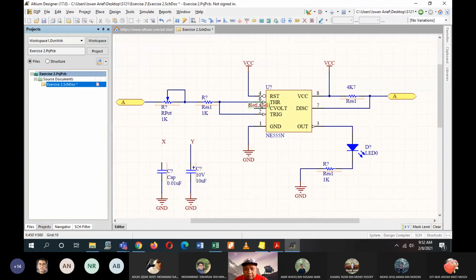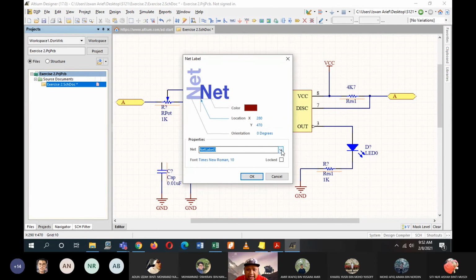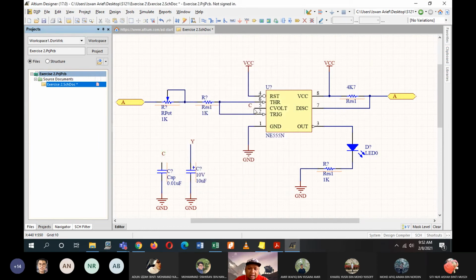Oh, there is another net here. So this C connection will be connected here. So I'll place another net here to make sure that it is connected together. I'll click on the net and then choose C. So now the connection will be available between pin 5 and the 0.01 microfarad capacitor.